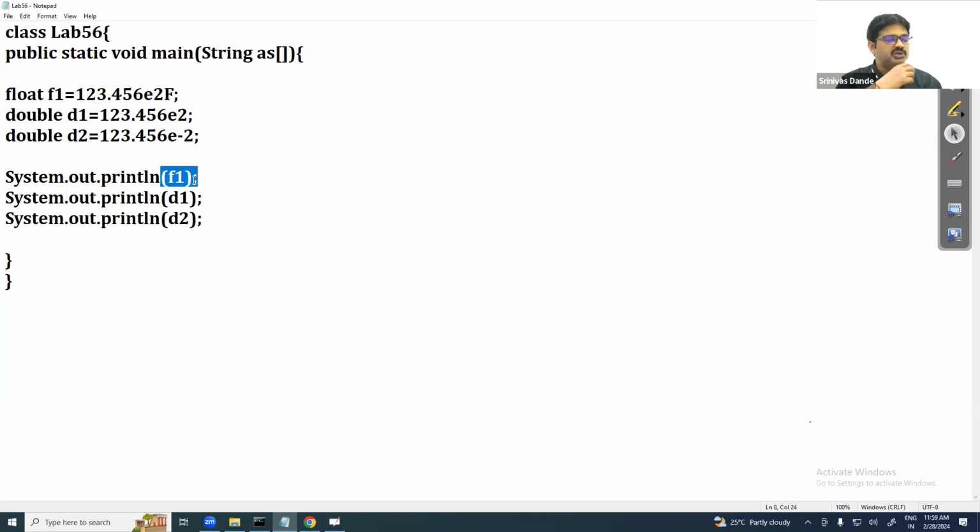Only 10 powers you represent in maths. Whatever you have in maths, the same thing is represented here. But when you print it, guys, when you print it,